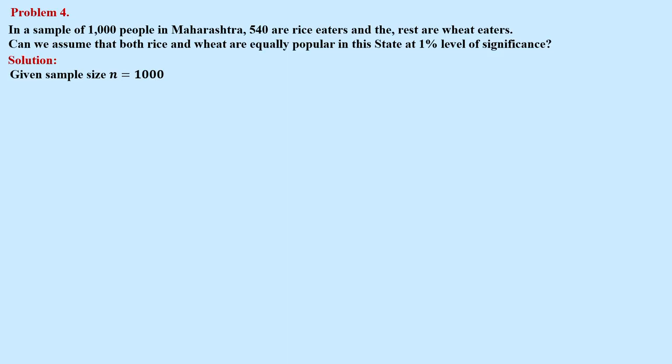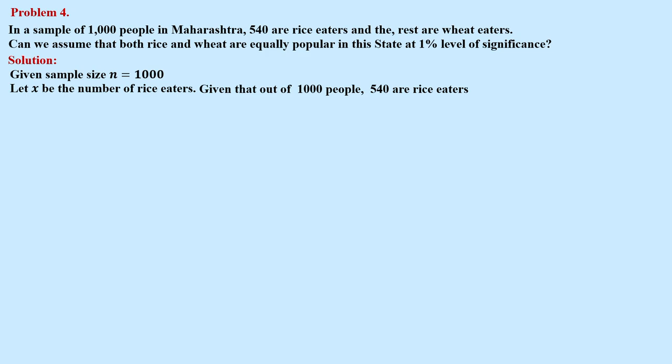Given sample size n is equal to 1000. Out of 1000 people, 540 are rice eaters, and the remaining, 1000 minus 540, are wheat eaters. Can we assume that both rice and wheat eaters are equally popular in the state at 1% level of significance? So we have to check whether both are equally popular. Let x be the number of rice eaters, and out of 1000 people you are having